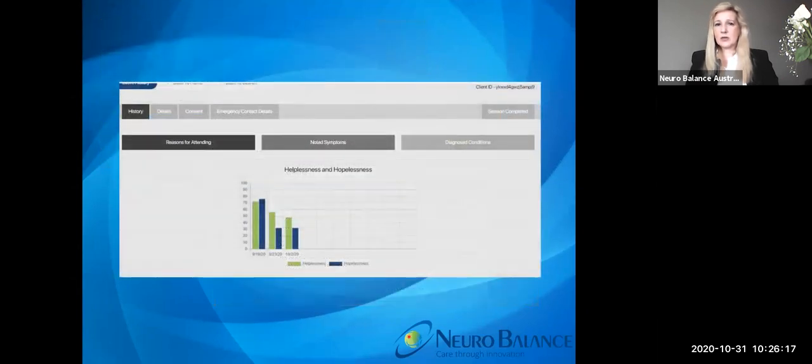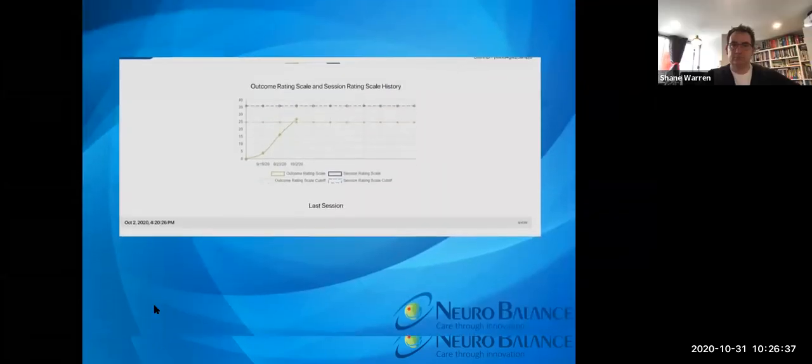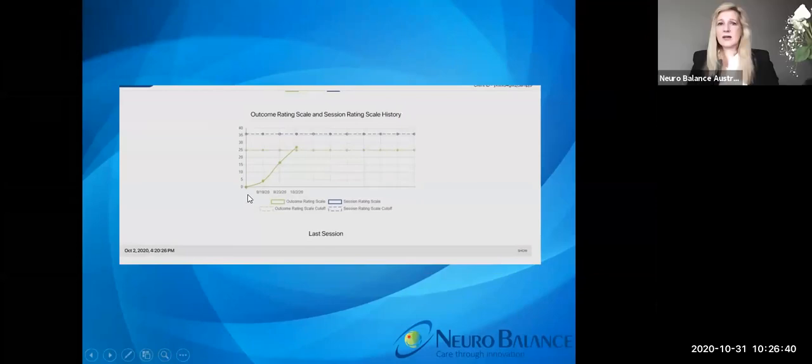And this is what the therapeutic trend looks like for the helplessness, hopelessness measure. You did see the full dashboard earlier. So you can see that this particular patient has had improvement as each session has been conducted, and you can see down the bottom here the dates that they've actually completed the psychometric measures. Their outcome rating scale, this particular patient started off quite low and has moved up and into the ideal range by the 3rd session. So that's an indication for me that therapy is going well and it's heading in the right direction. So, you know, we're on point.